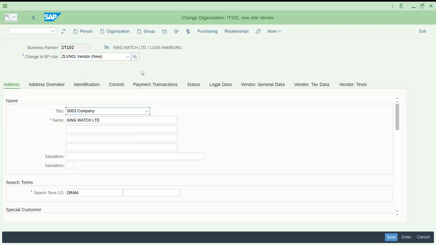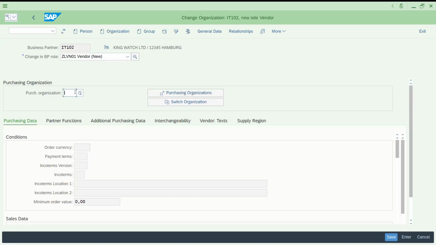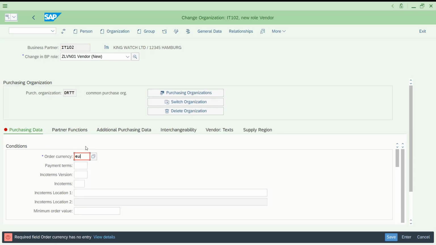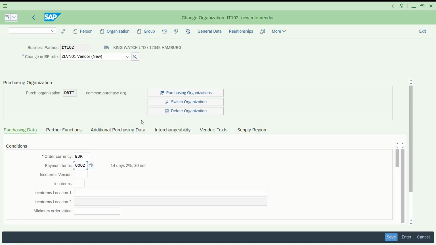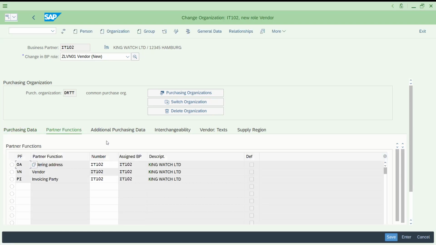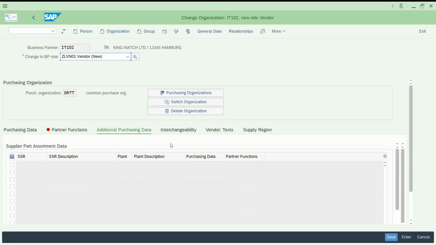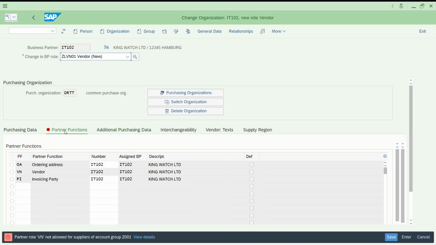So no, this one 01 VN01. Go to the purchasing. Let's try to put DRTT. Okay, now currency, let's put euro and payment terms 0002 or any other. Let's check whether any mandatory fields are there, otherwise it won't allow you to save. You can see your ordering party, the vendor has this one, based on our configuration. You should be careful about this configuration, even if you are not from an MM background. So what is this? It is asking,